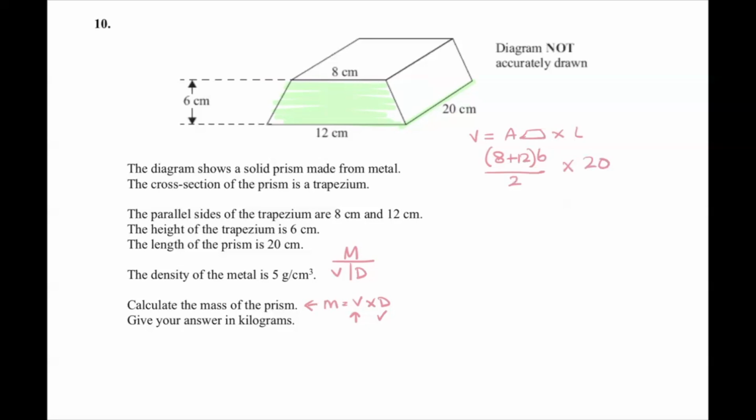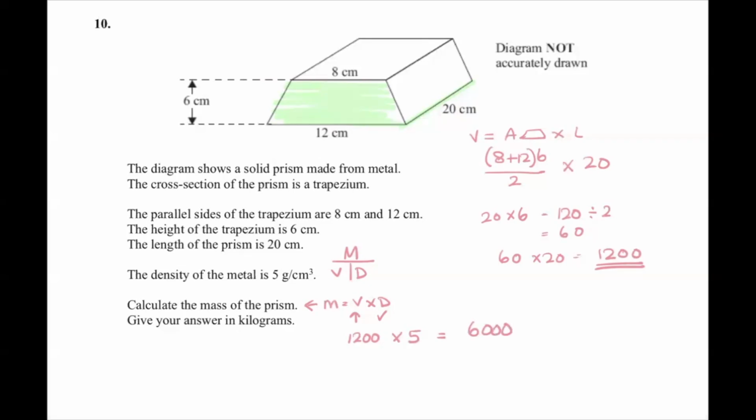So I can see that 8 plus 12 is 20, times that through by 6 to get the 120, then half it to get the 60. The 60 is multiplied by the 20 to get 1200. So I can go back to my formula. My volume is 1200. My density was 5. I multiply that through and I get